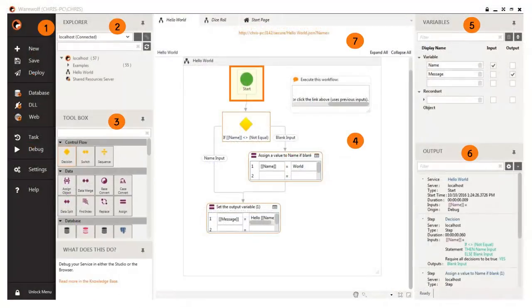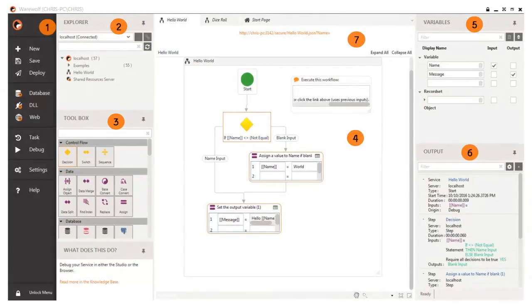Apart from the green start node, everything else on the design surface is a tool or connector that has been dragged onto the design surface from the toolbox or as a resource from the Explorer and connected into the flow using the connecting arrows. Once you have configured your flow, next you check your inputs and outputs in the Variables